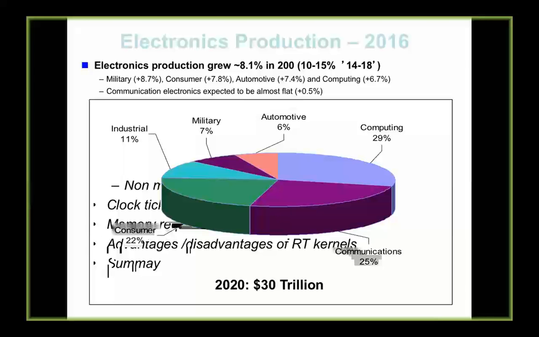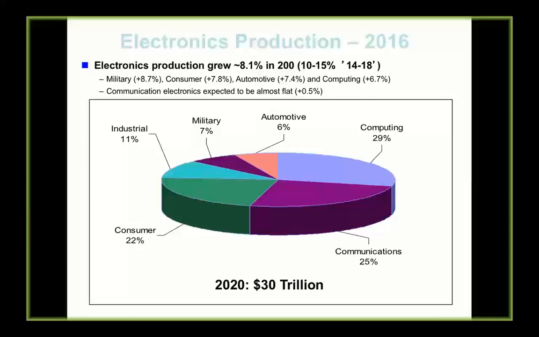In fact, if you have a well adult set of family for say 2 + 2, 4 people, easily you'll have 3 devices each, and then 2 devices each, and that contributes 8 to 10 devices minimum, and that's only consumer product. And there is a huge amount of market in this, and so prediction says that by 2020, 30 trillions will be the worth of embedded electronics production, and there is a huge, massive requirement for